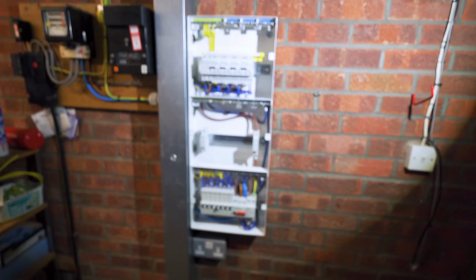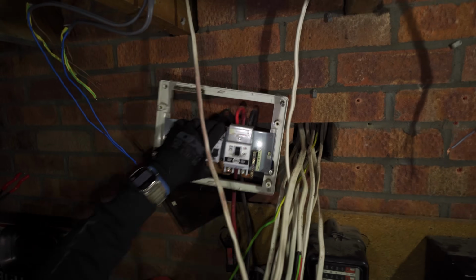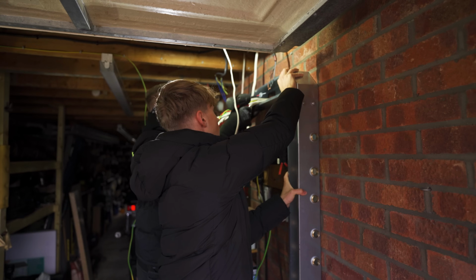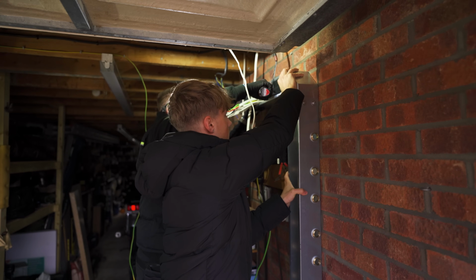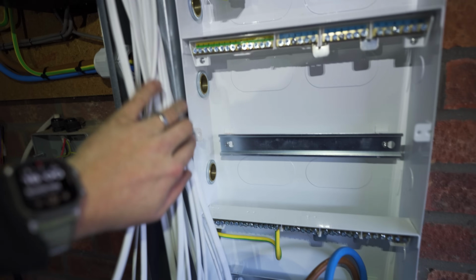Today we're going to be turning this to this. You can see here it's an absolute beast, 3 tiers. We've also got a couple of AFDDs to fit as well. That's why we got these here. Obviously the RCBOs you wire into the top, so